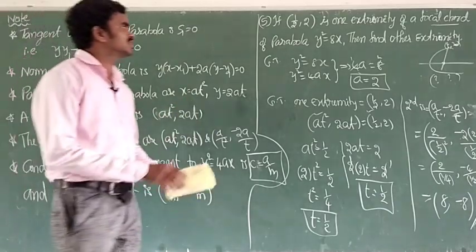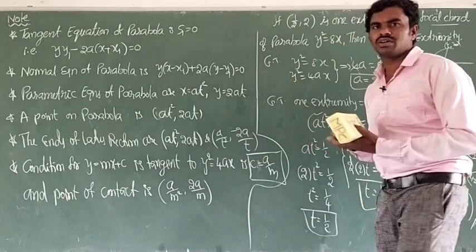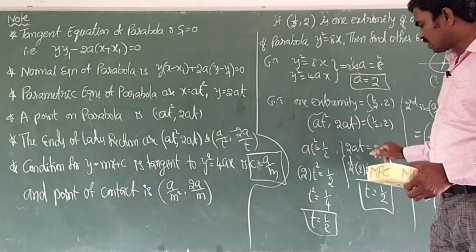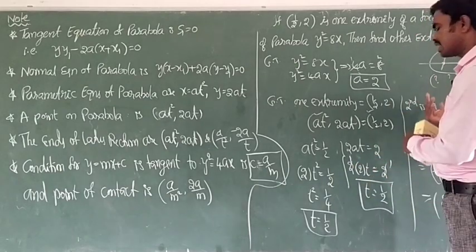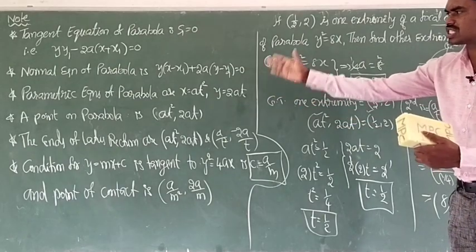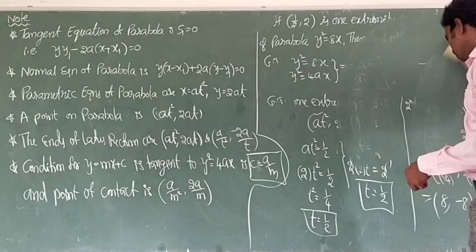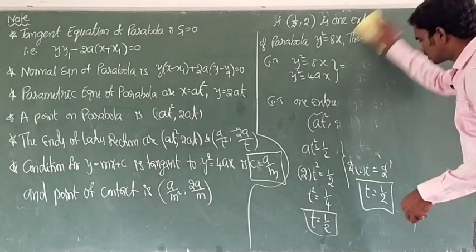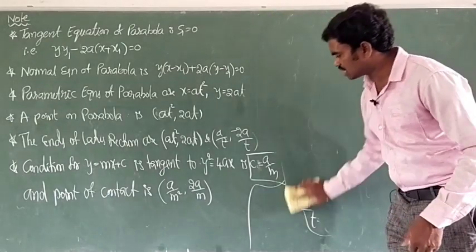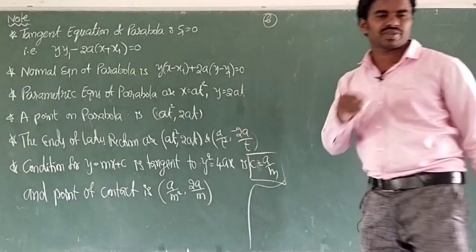Okay. So, next, the sixth one, very clear. One extremity is given, that is compared with (at², 2at). Simplify, we get a t value, and the second extremity is (a/t², -2a/t). So we must remember these concepts, very useful concepts for 2 marks questions, but in 7 marks there is no need to know, because in 7 marks generally by using our basic knowledge of mathematics we can solve the 7 marks problems. Next, sixth question.